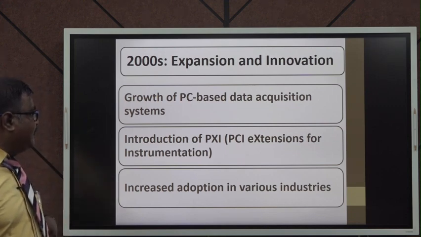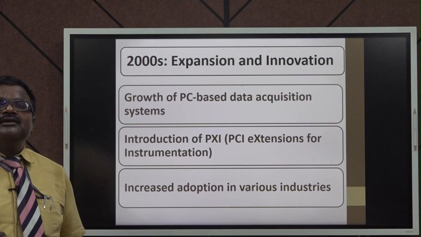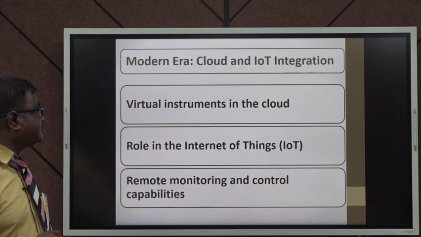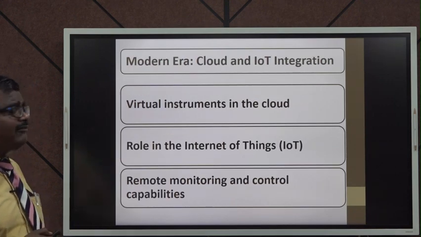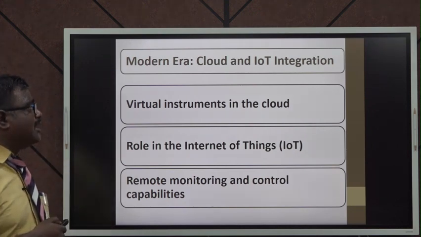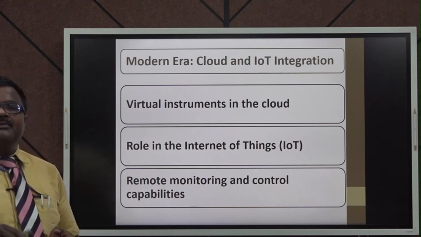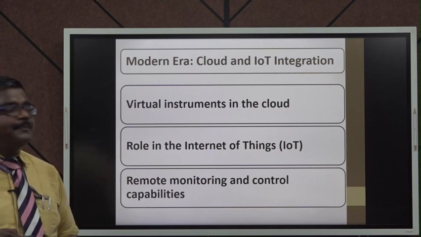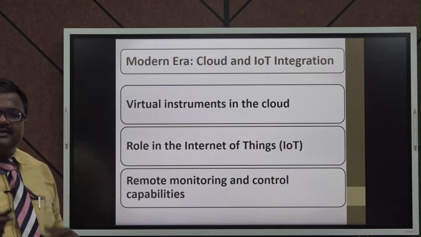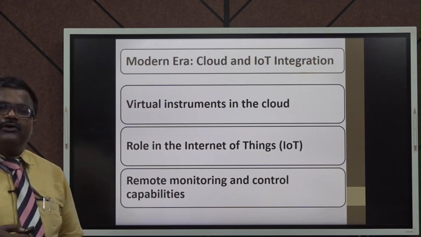So with the help of the data acquisition system, we can control and analyze all the data which are present in distant places. In the modern era, we have one more facility, where nowadays we use these types of technologies. We use cloud and IoT integration with the virtual instruments, where the instrument will be placed at one end, but it will be observed from far places. Virtual instrumentation in the cloud is also present in current technology, where it plays a good role in the field of automation too.